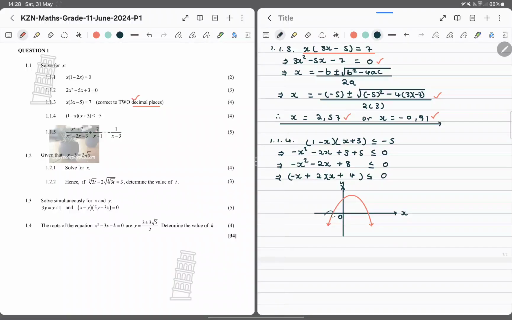So this becomes minus 4. Actually, I should have made it a little bit different because my axis of symmetry is on that side. So my graph is supposed to be something like this. So I like near perfect sketches because